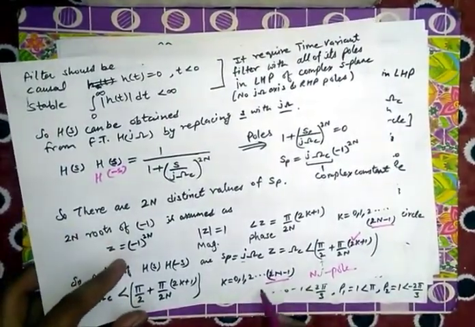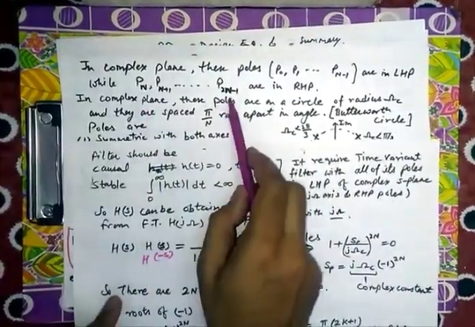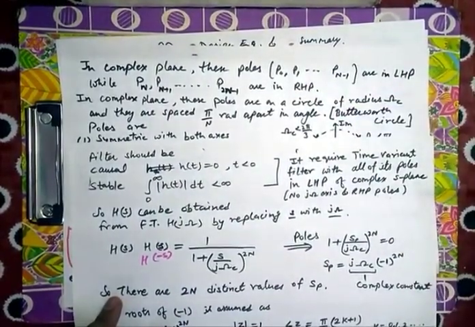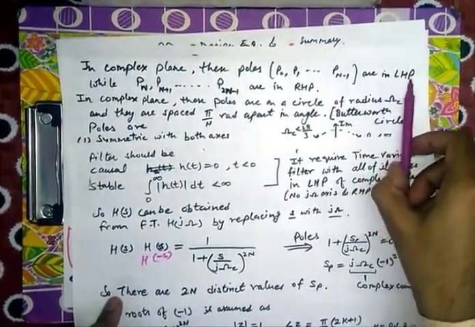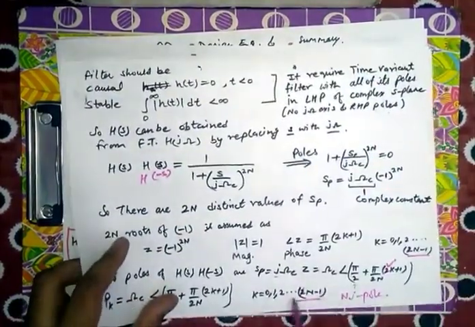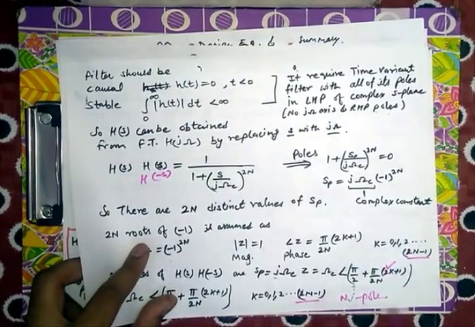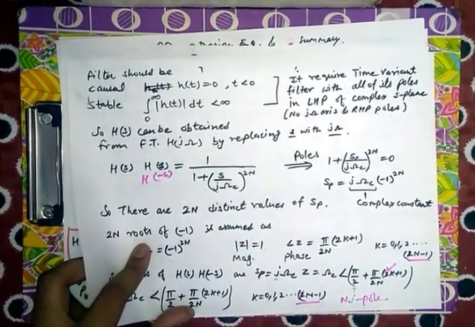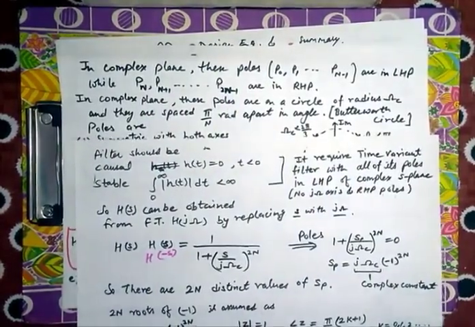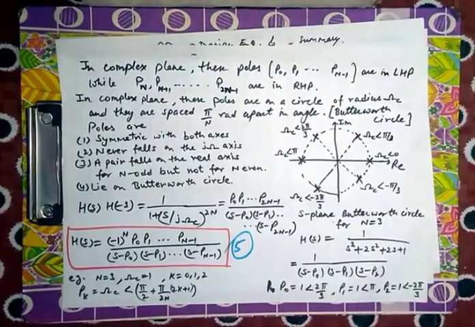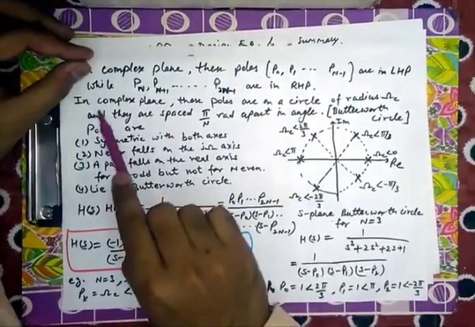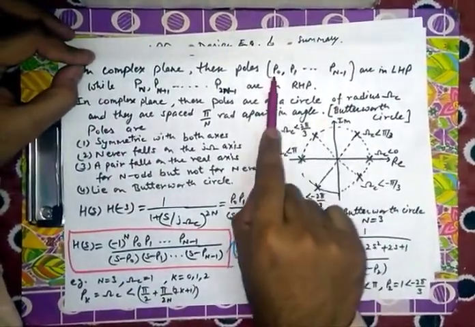So I directly discarded n to 2n minus 1 poles, because these poles cannot be taken as they are in right hand side plane. Because in Butterworth filter only left hand side poles are to be taken, that is poles from 0 to n minus 1. So directly we can put k here, that k varies from 0 to n minus 1, or further you can calculate first 0 to 2n minus 1 and then discard the values of poles from n to 2n minus 1. It is the lengthiest step, so I just put the value n minus 1. So these are the poles which are to be assumed: p0, p1, pn minus 1.